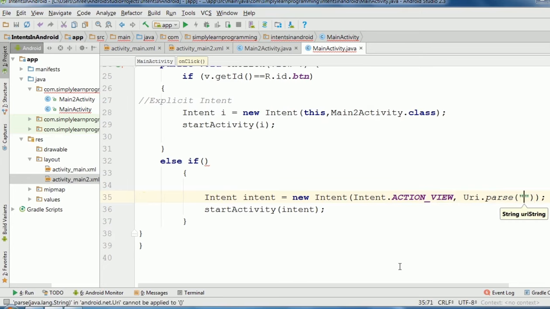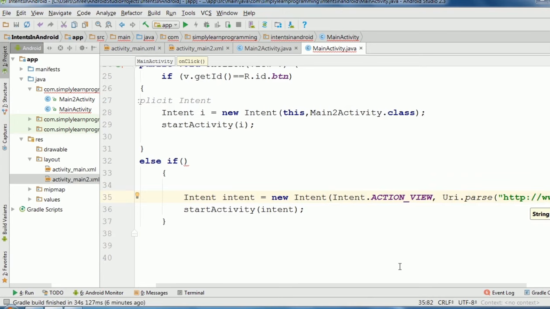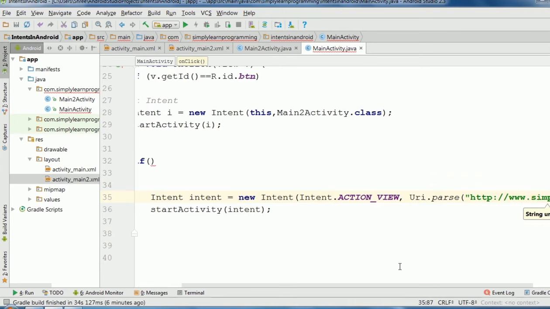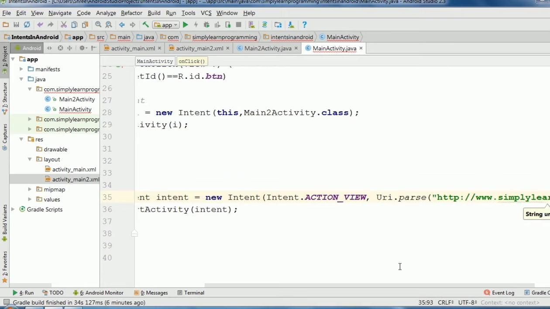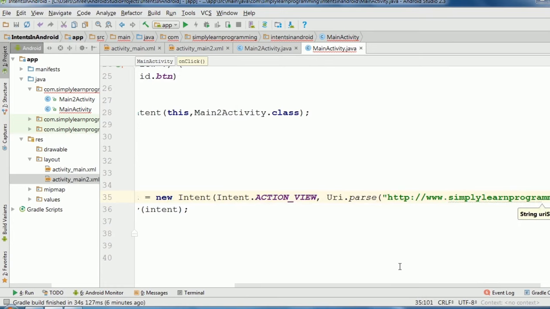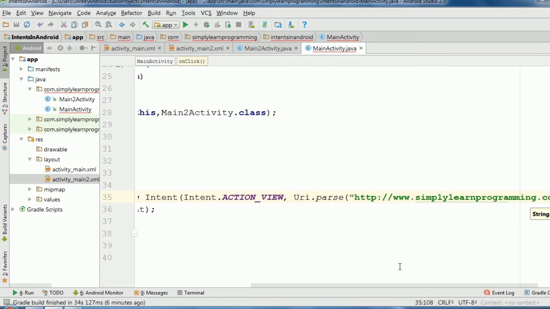So I will give here http www.simplylearnprogramming.com. So in double quotes we give the URL of the website that we want to open.